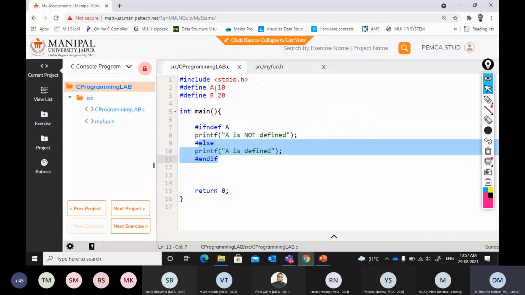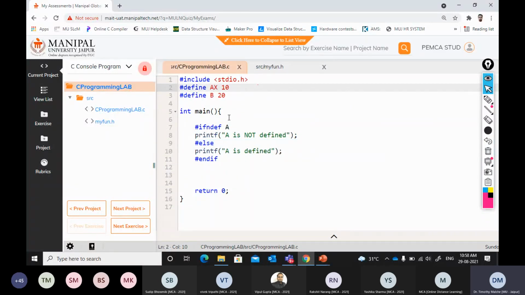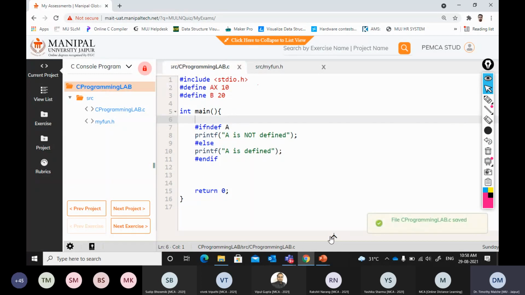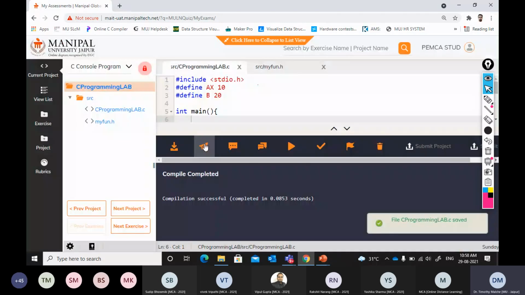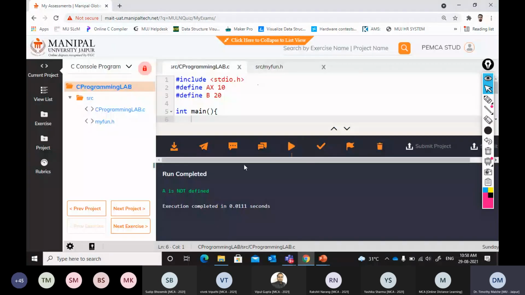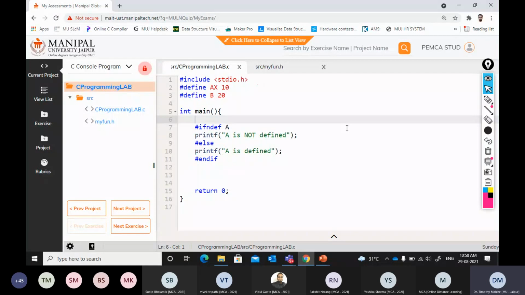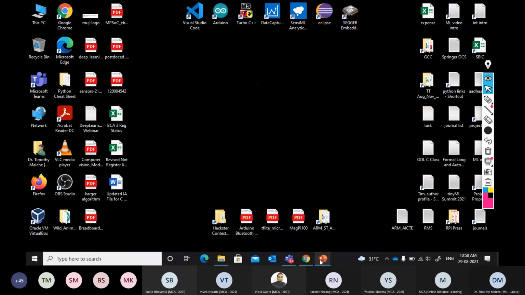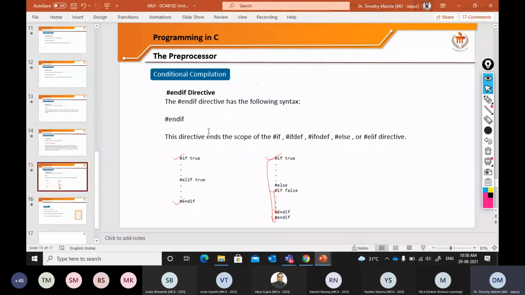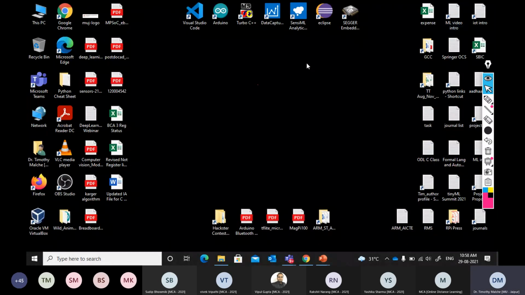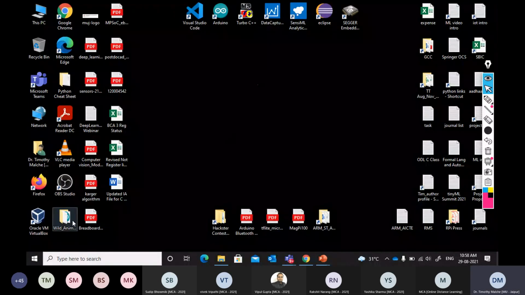If I change it, give it some other name, then you will get the message "A is not defined". So this is how the macro substitution works. Okay, so this is all about the preprocessor directive, and one use case I want to give you,